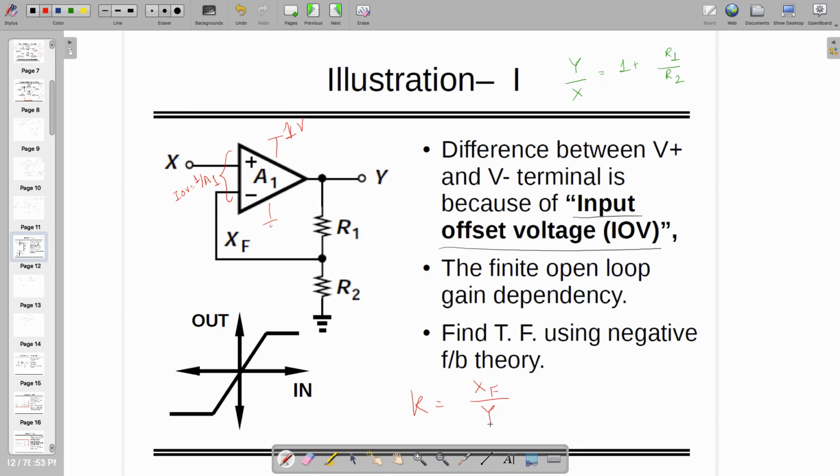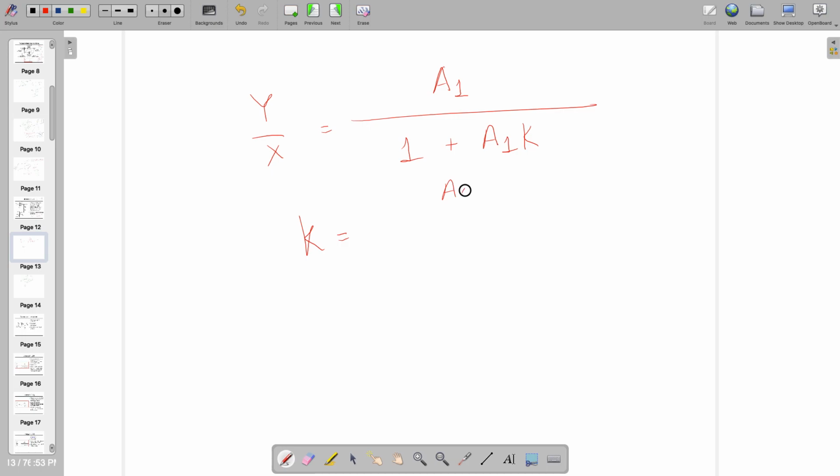XF divided by Y, because this is acting as a summing point or the comparison block, and this output is the sensing output node, and R1 and R2 are sensing it and giving it back to the input. So in that case you can find K in terms of R2 and R1. So XF is equal to R2 divided by R1 plus R2 times Y. So XF by Y is equal to R2 divided by R1 plus R2. You can replace that and find the closed loop gain, which is this one. Notably, this does not have any information on A1,